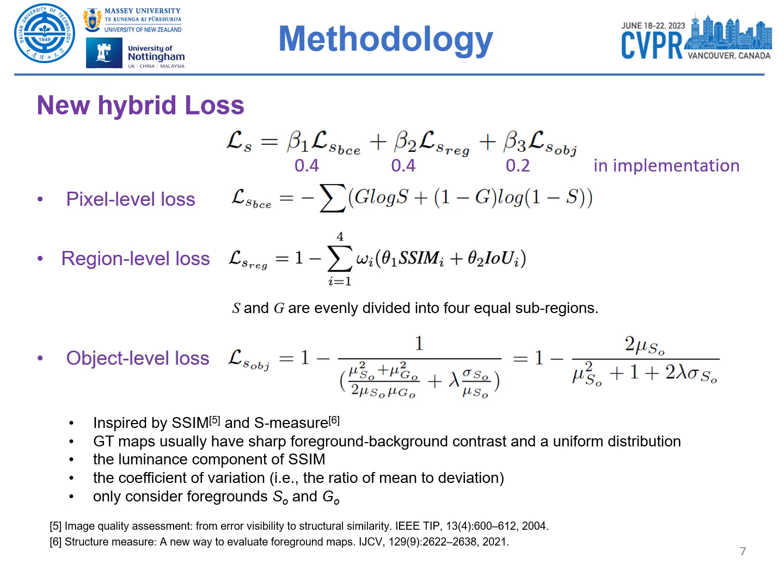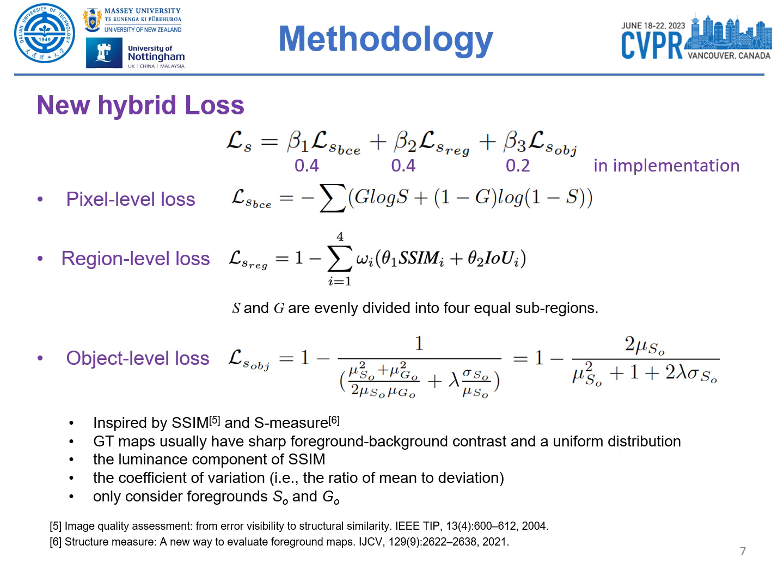The loss function also plays a crucial role in our model. We propose a new hybrid loss, which is composed of a pixel level, region level, and object level loss. Pixel loss is the BCE loss. The region loss is based on the structural measure SSIM and the regional measure IOU of the images. Different from existing structure loss, we divide the predicted map and ground truth map evenly into 4 equal subregions and compare the similarity